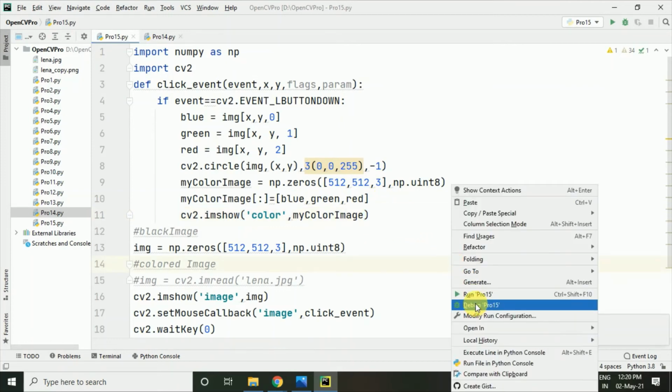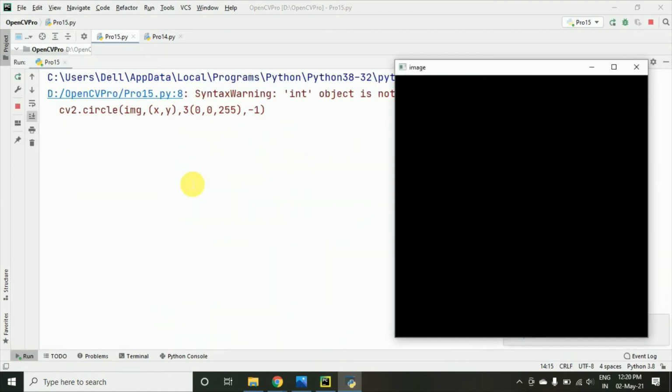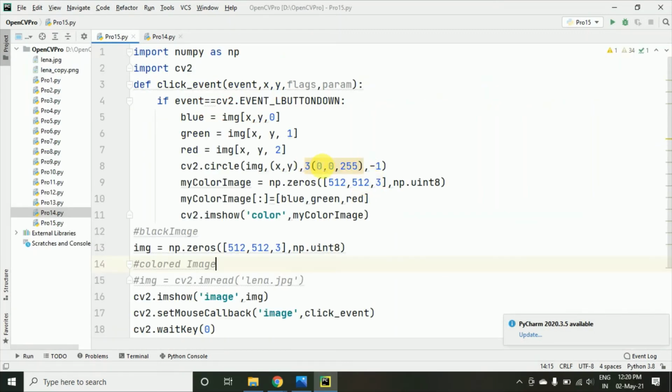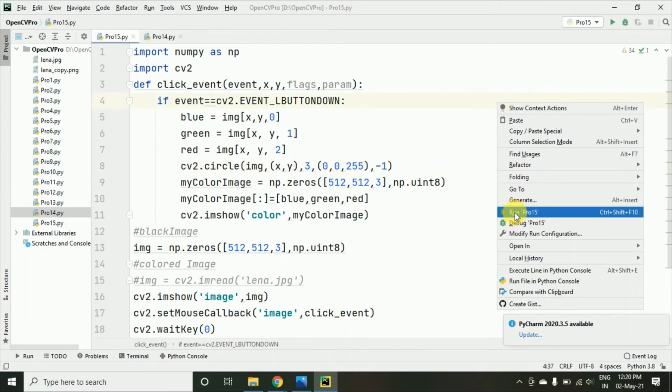Let's run and check what the error was. It's saying integer object not callable, perhaps you missed a comma. So in cv2.circle it is giving the error, and it's about the 3. After this 3 we have not given the comma, the radius. Okay, that's why it was coming.